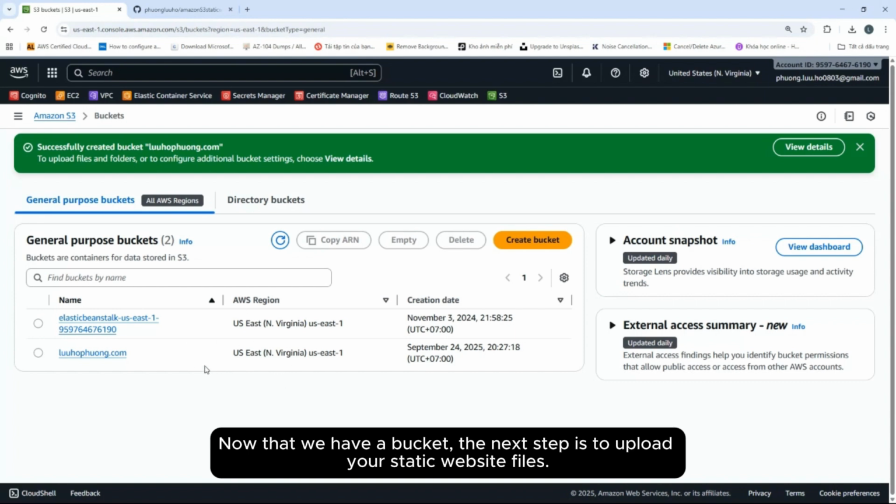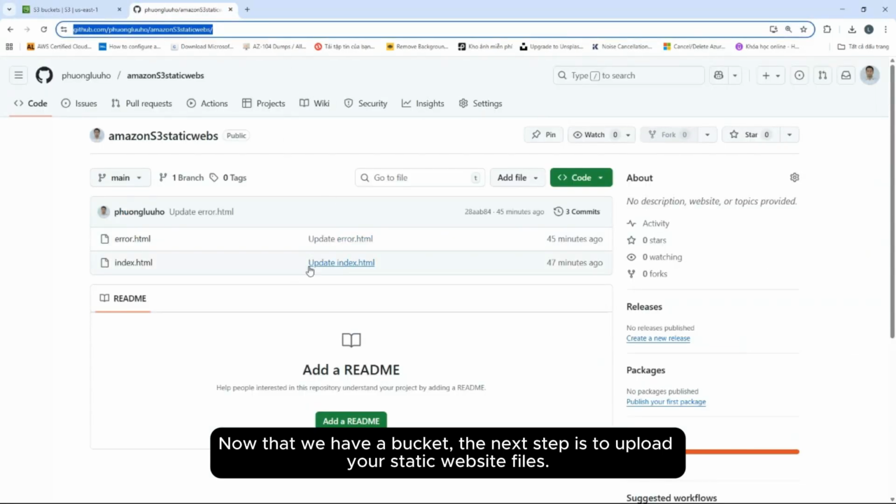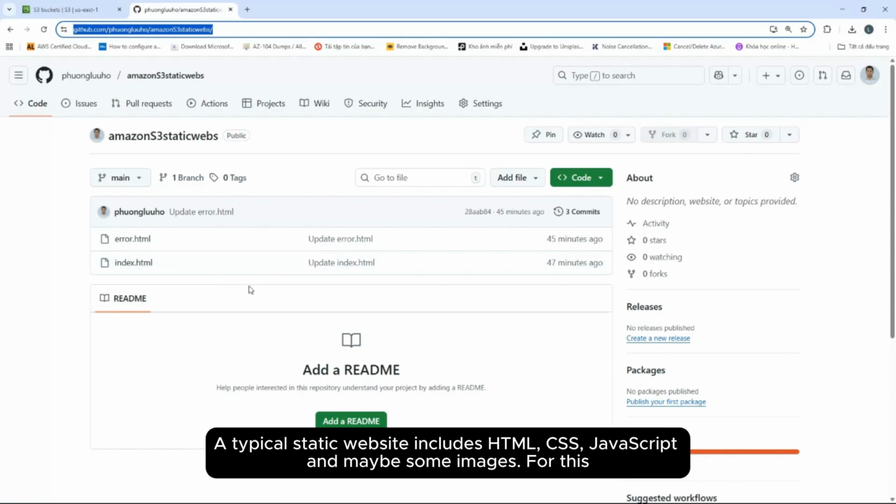Now that we have a bucket, the next step is to upload the static website files. A typical static website includes HTML, CSS, JavaScript, and maybe some images.